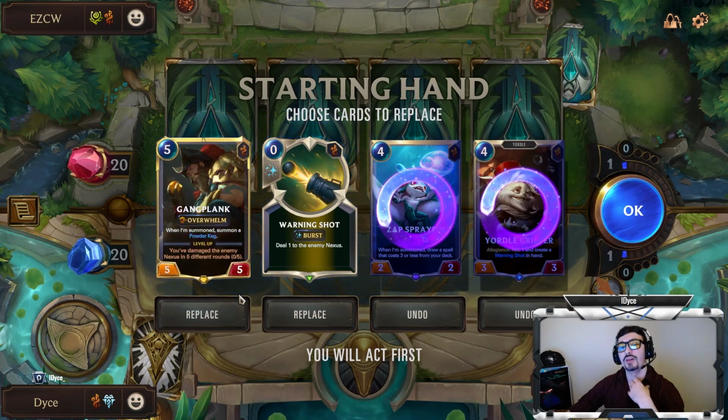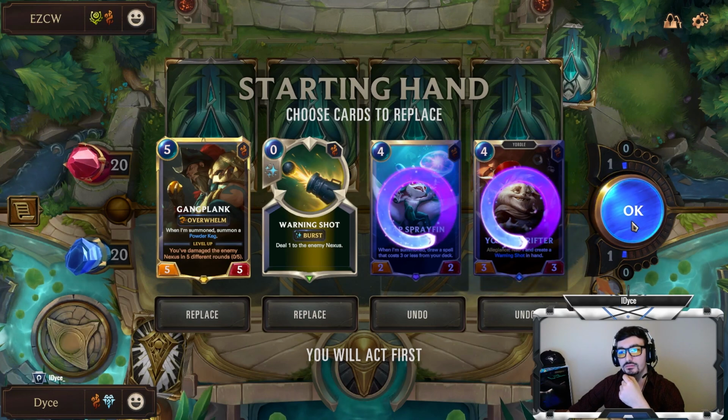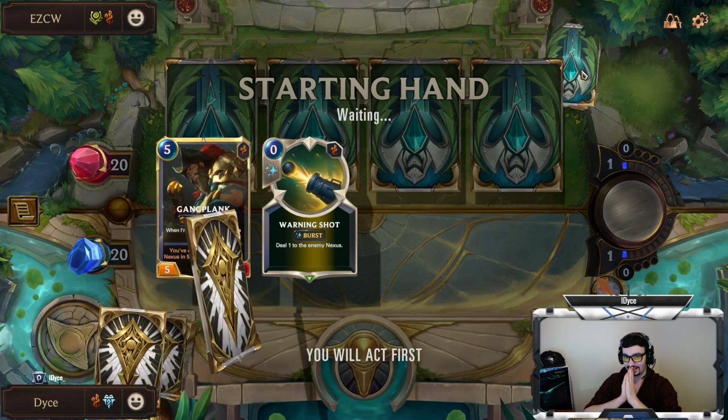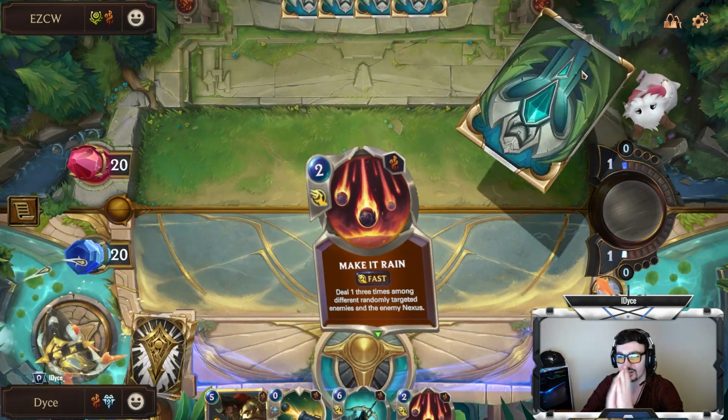Do attack on 5. I kind of want to keep GP because of that. I'm kind of scared. This is a super greedy mulligan. Hopefully it pays off. It didn't. Okay, maybe we'll top deck a